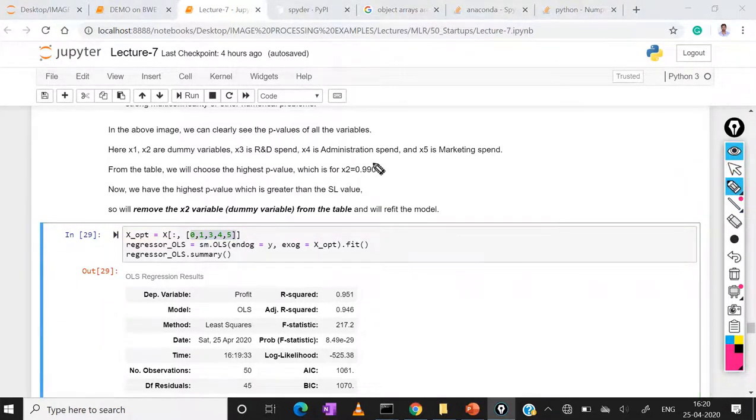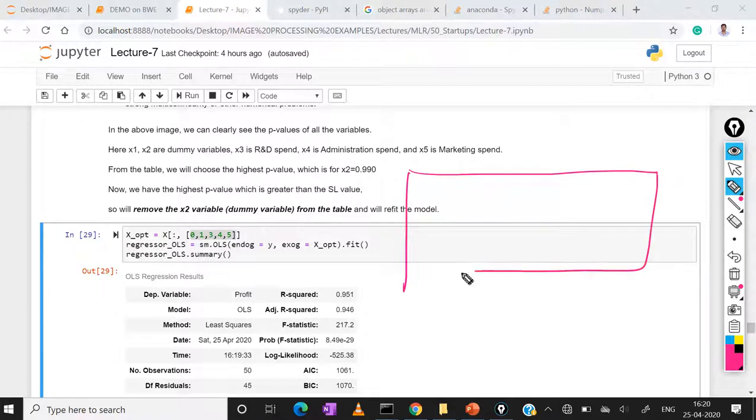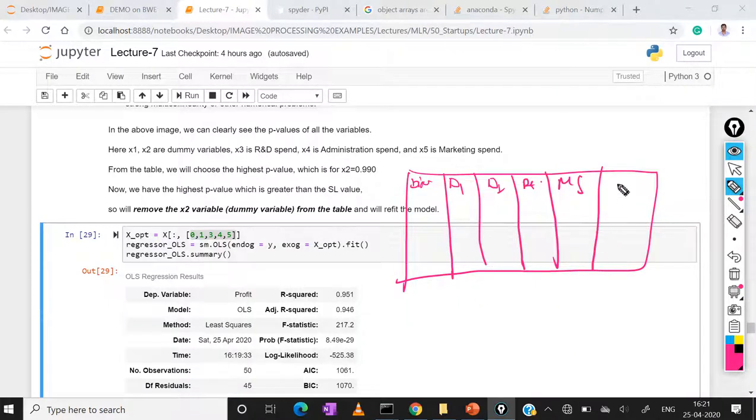So actually, sorry, this is our x. In the x variable, this is the bias, a newly added item, the bias intercept value, and this is dummy variable 1 and dummy variable 2, and the next one is the R&D, the next one is the marketing spend, and the next one is the administration.